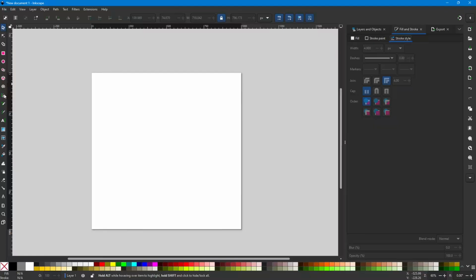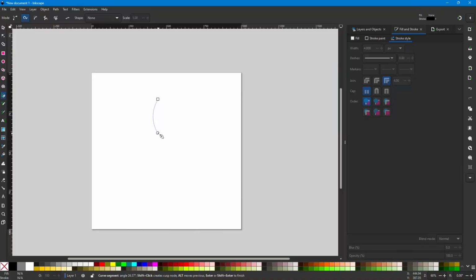And the next one that we're going to look at is called the Spiro path. So that puts the pen in Spiro mode. And as the name kind of indicates, it has to do with spirals or circles or however you want to think about it. But the way this one works is you click out your first point, then you click out your second point, and when you click your second point, you're not clicking a node, you're actually putting a control